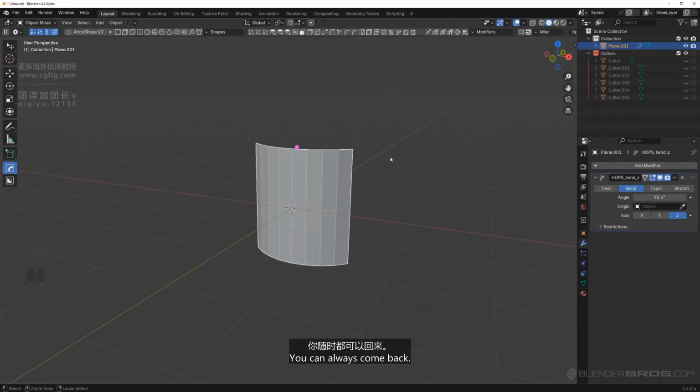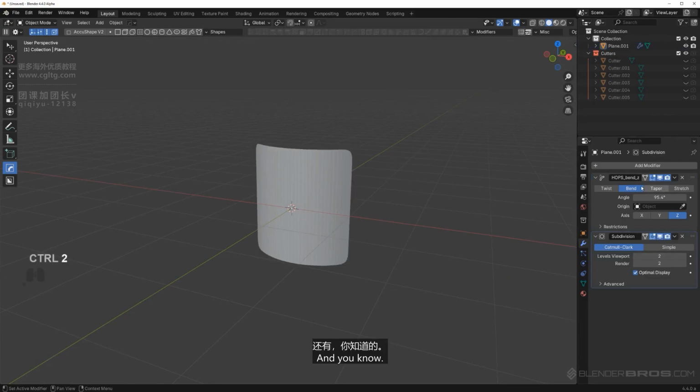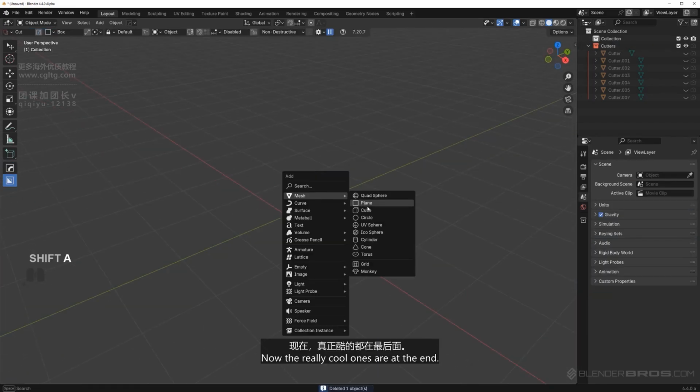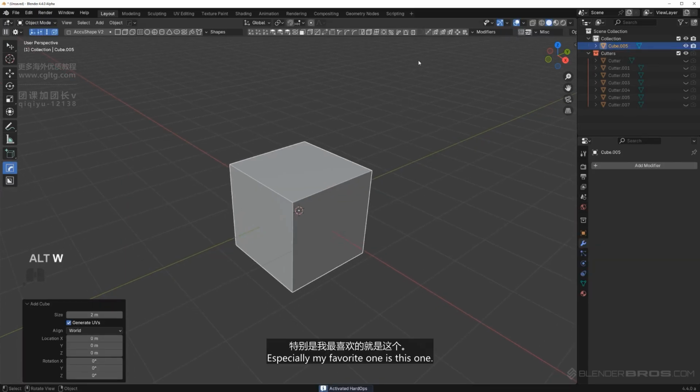Obviously, you can always come back and adjust things in here, but I'm just saying that's how it works. Now, the really cool ones are at the end, especially my favorite one, this one, curve. You can't see it now, it's grayed out because we need to have a curve selected, but let me show